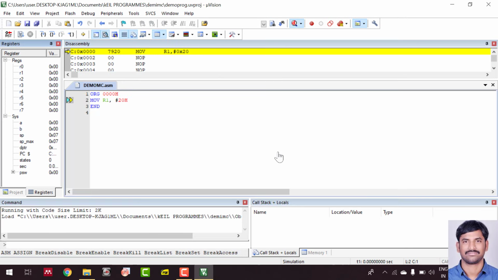Now we are in the debug session. Now you can execute your program. If you look at here, there is a reset button here. When you press the reset button, you are going to reset all the register values. You can see there are registers R0 to R7 for this particular microcontroller which we selected, and we have other registers A, B, DPTR, all those registers. So you first press reset so that all will be 0.